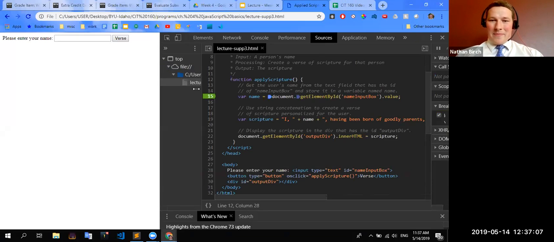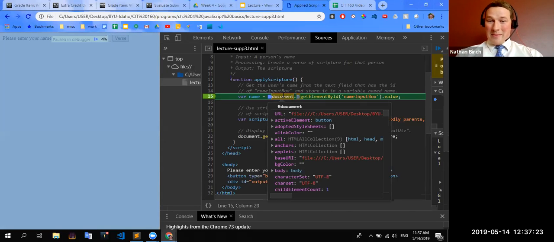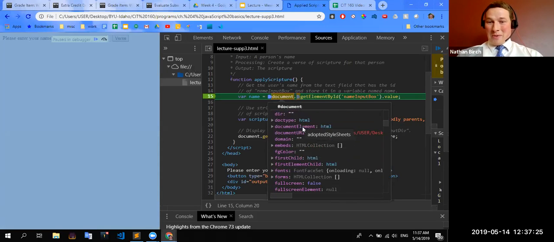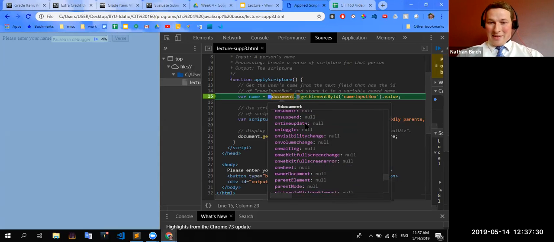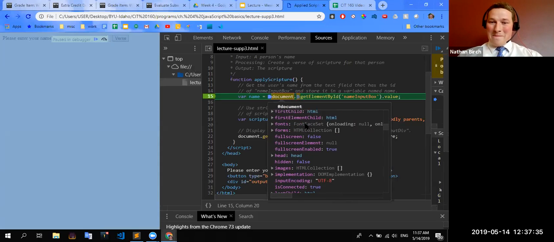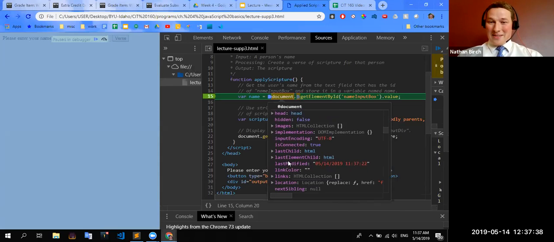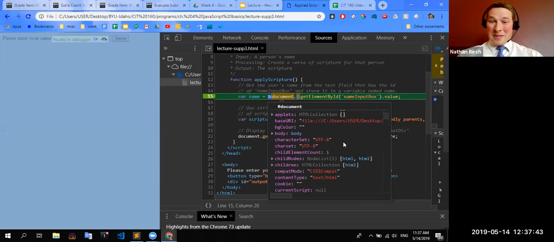And now let's do the exact same thing. So I have a breakpoint inside of my correctly named function. And I'm going to hit the button, and you can see my code stopped. It's all frozen over here, kind of darkened out, and it says it's paused in debugger. And over here, I can hover over document and see everything that's in this JavaScript object, this document object. There's a lot of stuff, everything from URL to where stuff is, like a billion things that we're not going to look at. Last modified, what the different colors of things are, if things are visible or not.